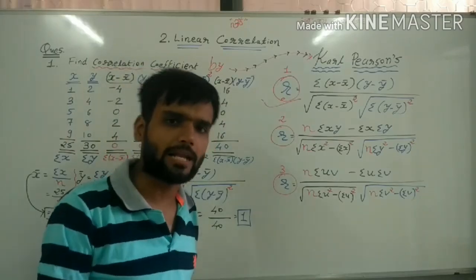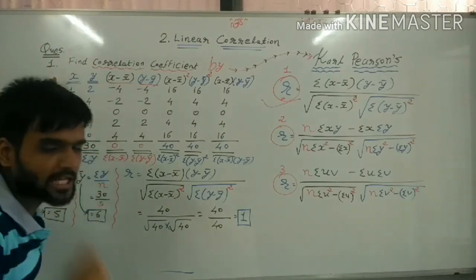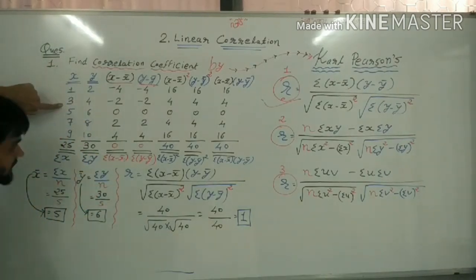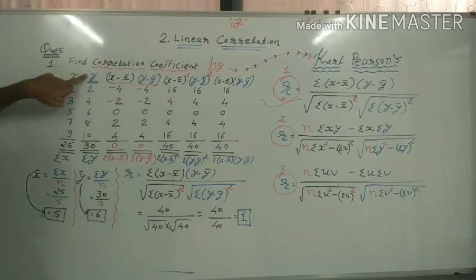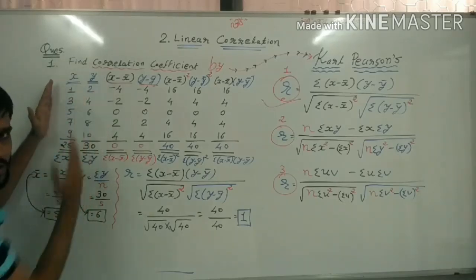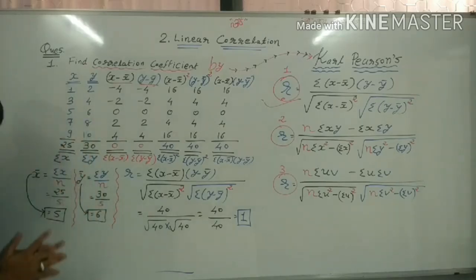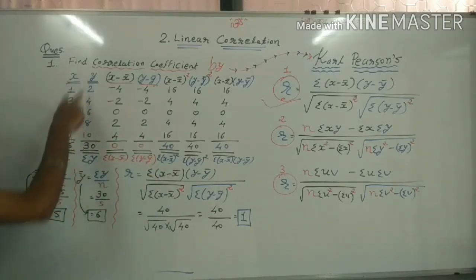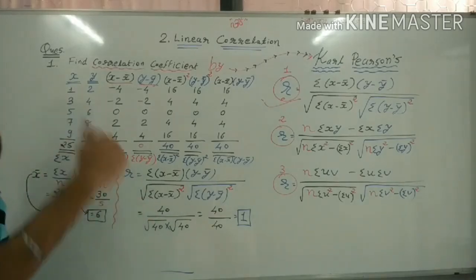So in your sum, what is given actually? Actually x and y are given. Two variables are given. Variable x is 1, 3, 5, 7 and 9. Same way y is given as 2, 4, 6, 8 and 10. The x and y values written in blue marker are your question. In your question only these two things are given, x and y. And using these, we have to find the correlation coefficient.